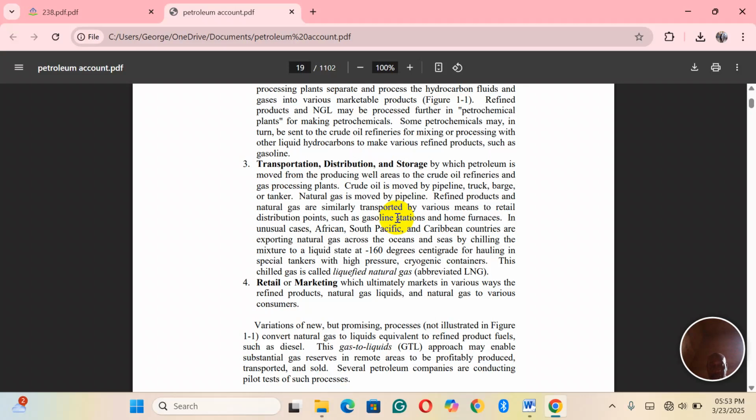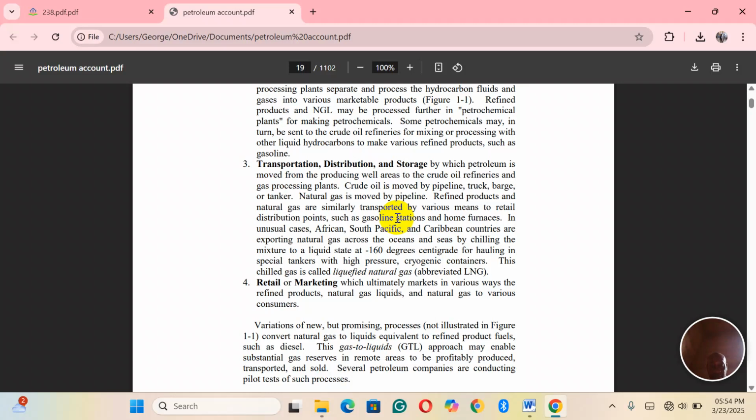Refinery products and natural gas are similarly transported by various means, to retail distribution points such as gasoline stations and home furnace retailers. On unusual occasions, African, South Pacific, and Caribbean countries are exploring exporting natural